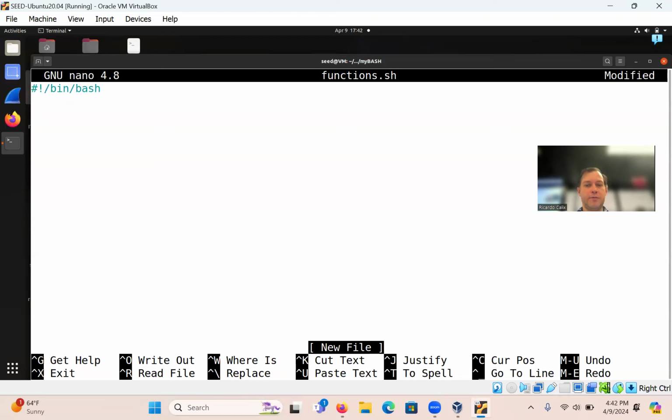And then you basically create a function, so you can call it hello. Open curly bracket, close curly bracket, and in here you can say echo hello world, for instance. And then to invoke it, we just call the function by name, so we can just say hello. Does that make sense?